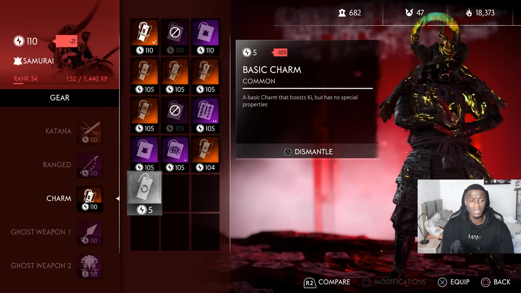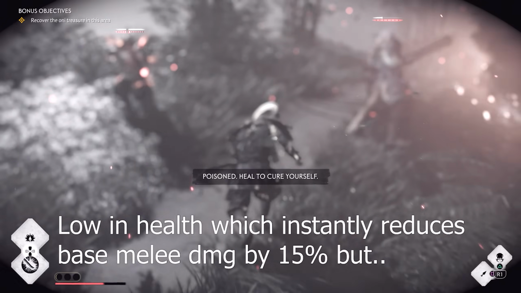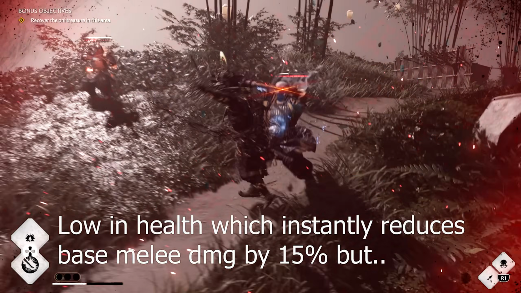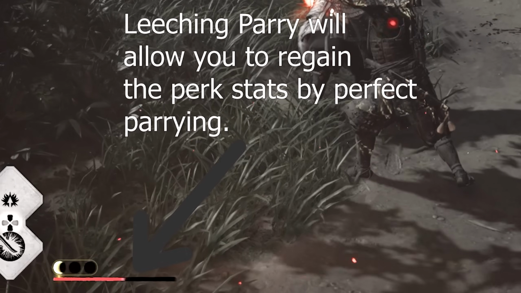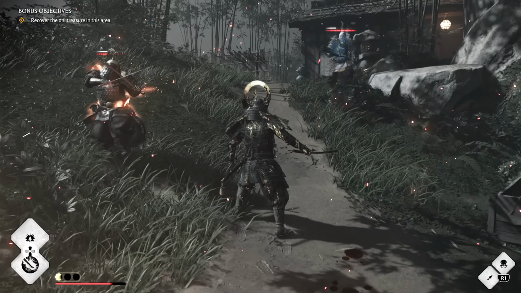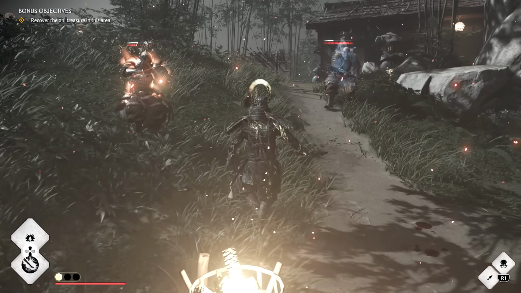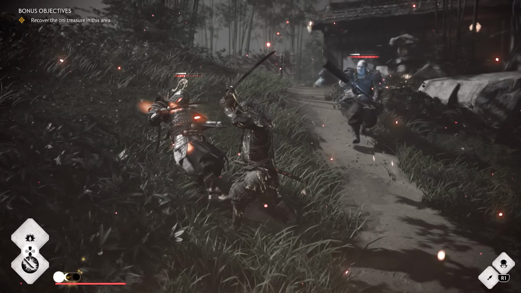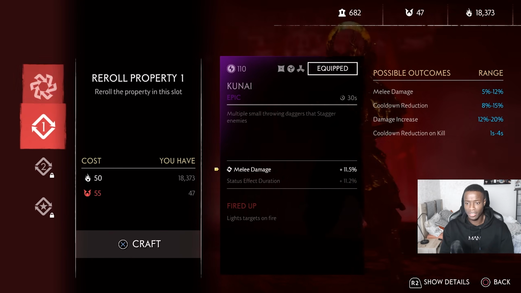And if I was to make it even more OP, I would have to go for Fire Master instead of Leeching Parry, but I would then have to rely on my Ronin, and because I don't like relying on my teammates too much, I went for Leeching Parry, so I can stay in combat and hold my ground for as long as I can. That's why I have Leeching Parry in this, okay? It's a must-have for a solo run, and even for survival too. So yeah, you want to have melee damage on your kunai, and like I said, either